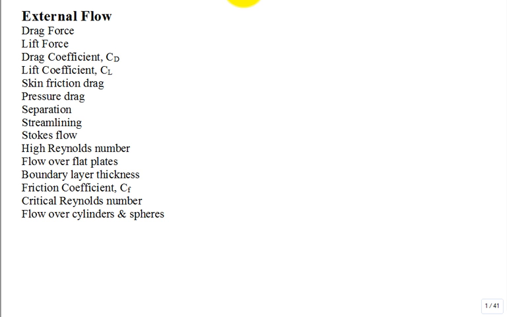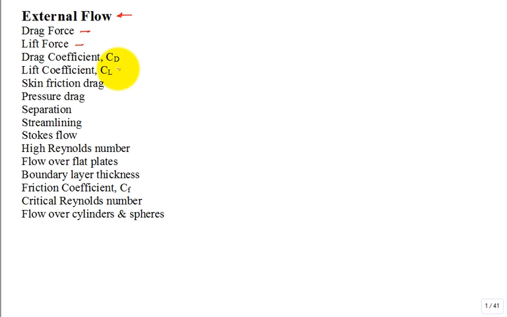So we most recently finished a chapter entitled Internal Flow, and then we did differential equations, differential analysis of the fluid flow problem. But this chapter is external flow. So we have a body and we have flow over the body. There's a lot of topics, but basically we'll look at drag and lift, and then how to put them in